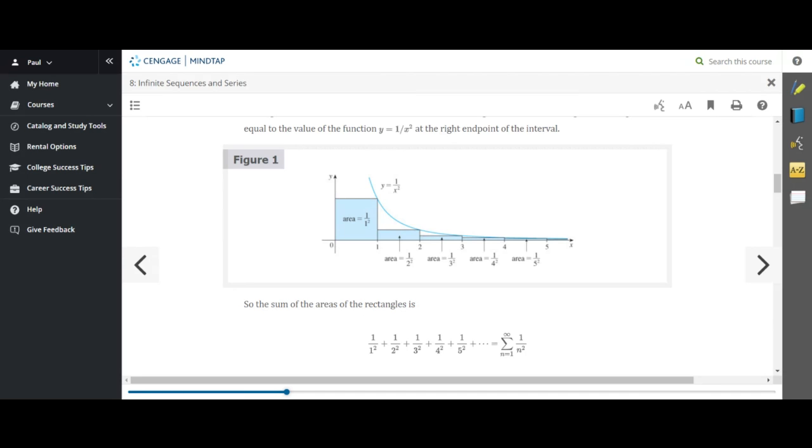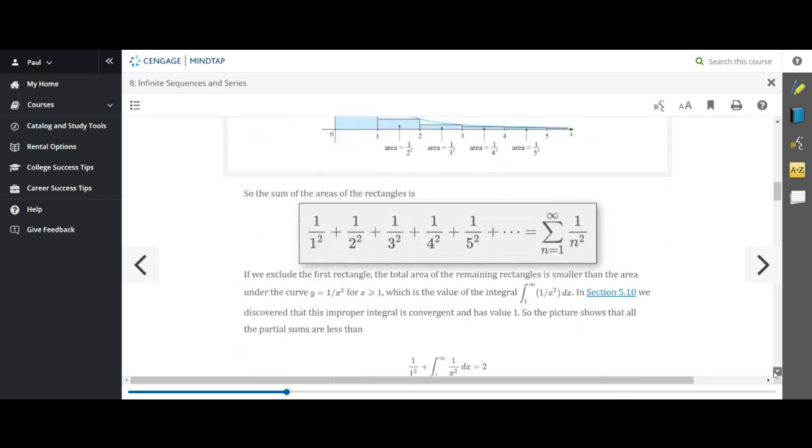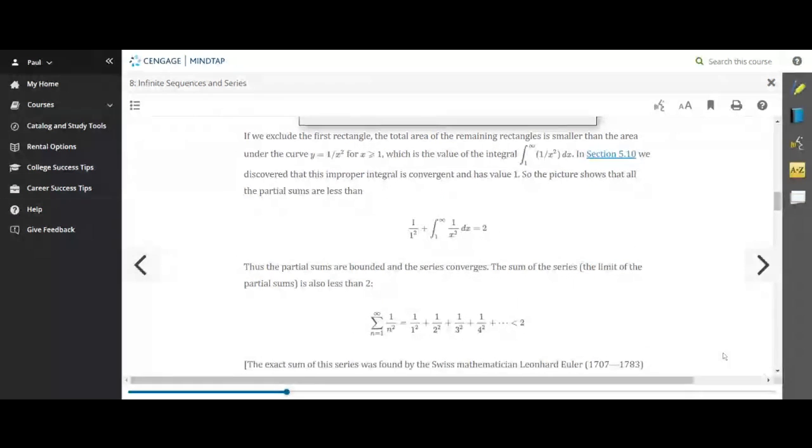Okay, they would have to converge because those areas are less than the area of the improper integral. Okay, so you see, they say here that what I said, that the sum of the area of the rectangles is, as you see there, and of course,